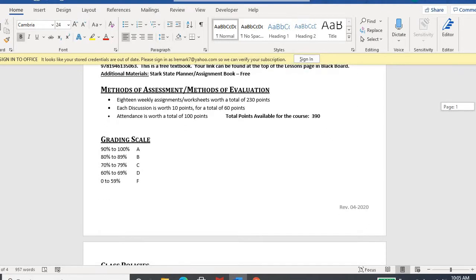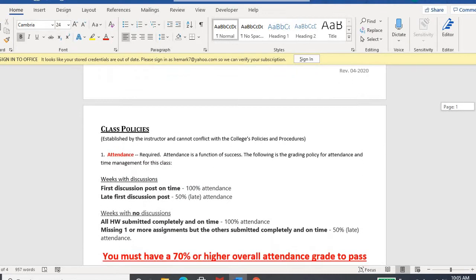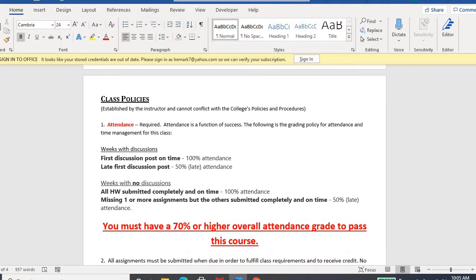Here is the grading scale and the information there. Attendance is required. Now this is a course, no matter if you're a College Credit Plus student, if you are a brand new student to college, transfer student, you've been in college before, everyone has to take this class. Now, that's pretty much the same with any 2- and 4-year institution. They all have classes like this. So it is required. And that's why I try to, when I go through lessons, I try to say, pick what is relevant to you and your journey. Now, that being said, attendance is required.